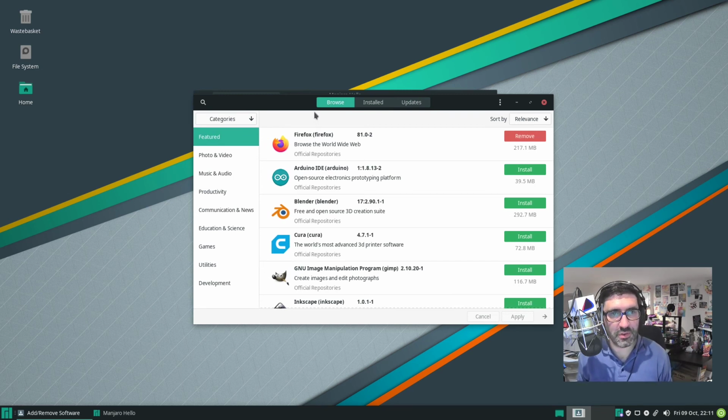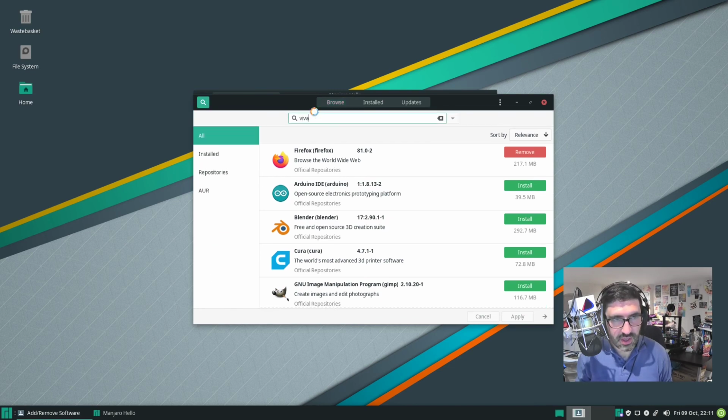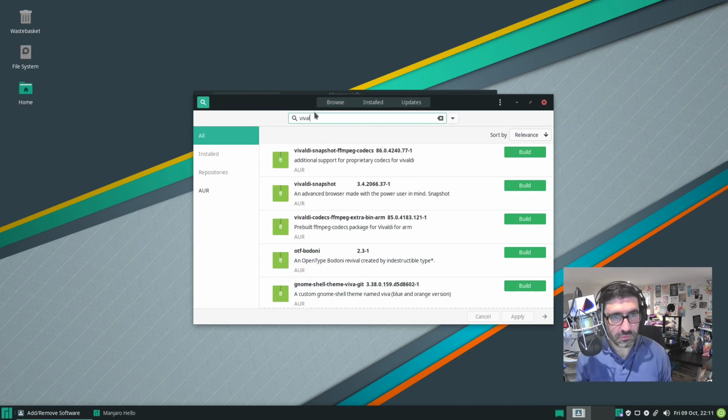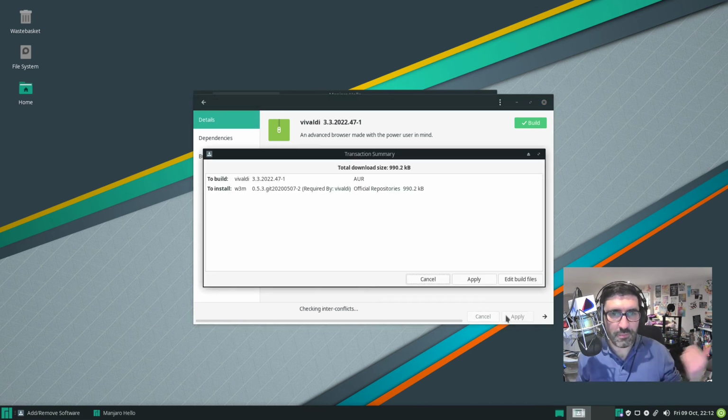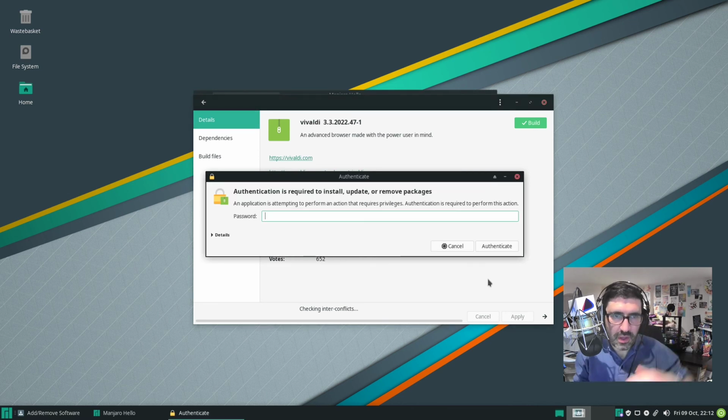So under browse, I'm just going to see if Vivaldi is in there. So Vivaldi's got its media codecs in there, which is fine. But if you do Vivaldi as an actual browser, yep, we've got Vivaldi here. So I can download that. So you select build. It's an unpackaged version of the software. So think of it like a zip file, basically. So you have to build that zip file, download it, and then unpackage it,